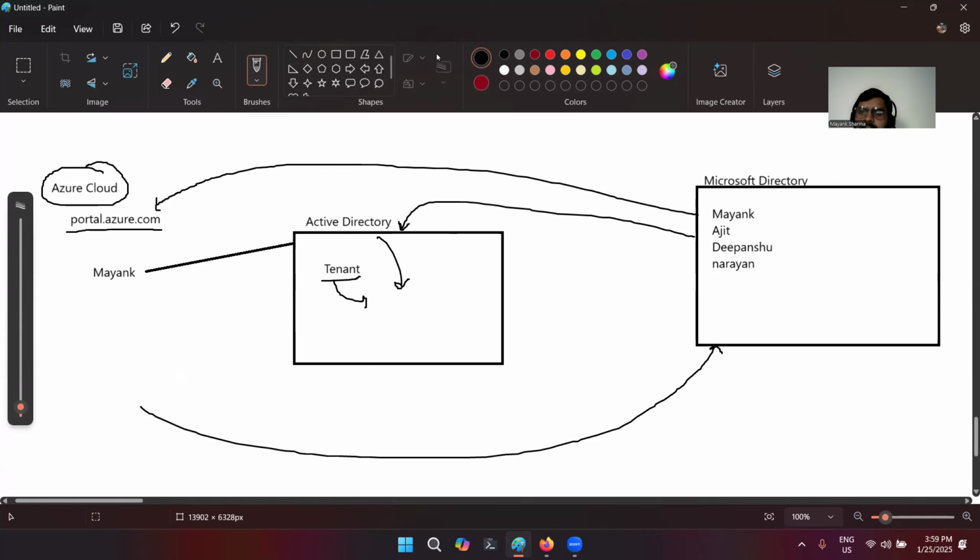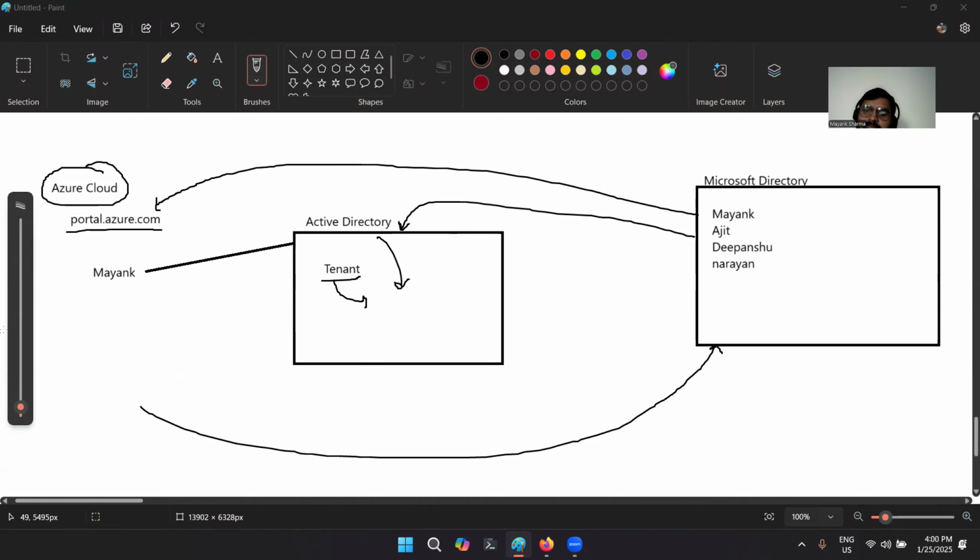Okay, that is not very convincing, but just a small question here. Let's say you log into the Azure cloud. First it will go to the Microsoft directory and authenticate you as a Microsoft user. Then it will allow you to log into the portal. And there you will have a default Active Directory or your own Active Directory where you are going to manage the portal's Azure-related services, the users and other information.